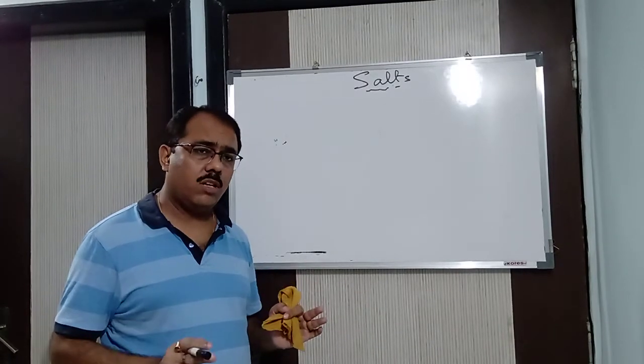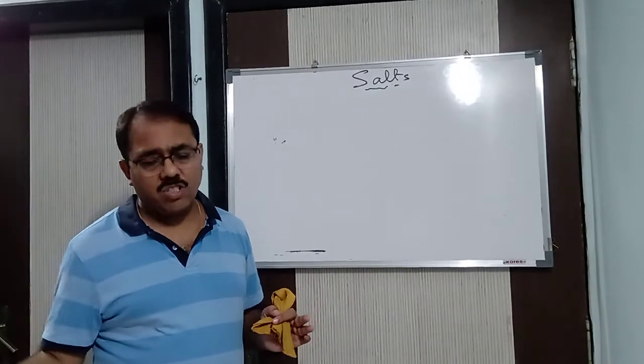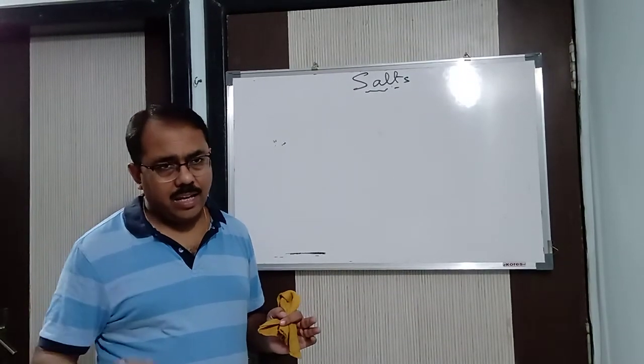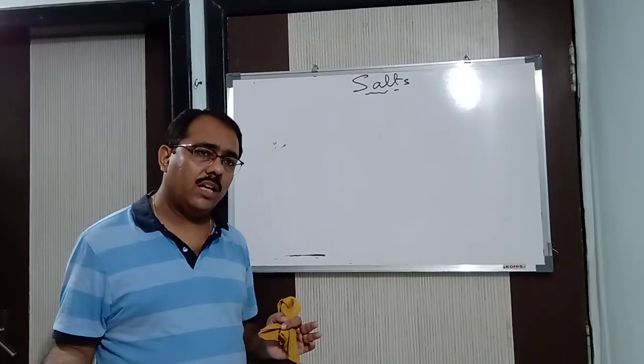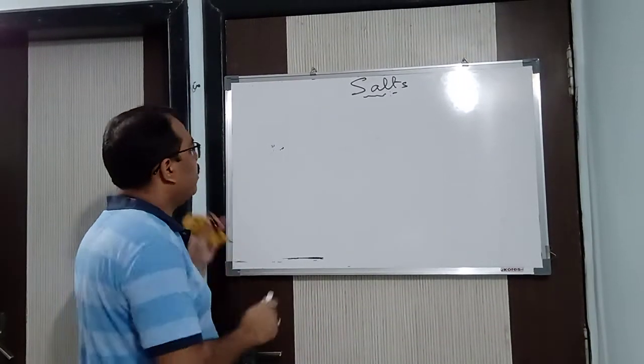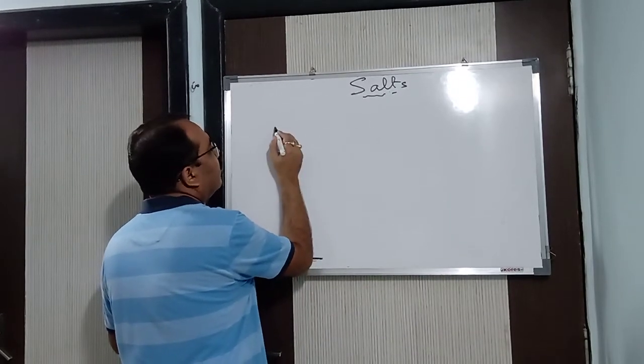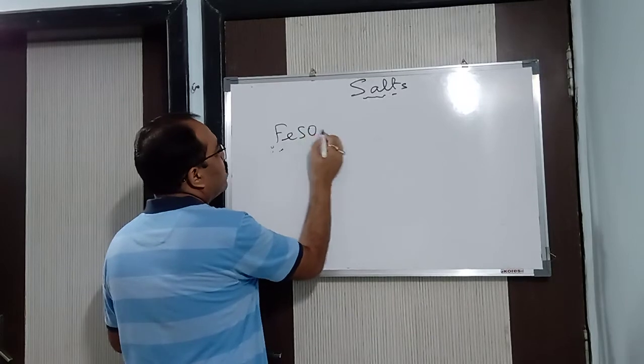It is a process in which two saturated solutions of a soluble salt are mixed to undergo another salt formation, and hence a crystallization process takes place for the recovery of that particular salt. Now, for example, what I said, double salt. In case of double salt, we can say it is FeSO4.